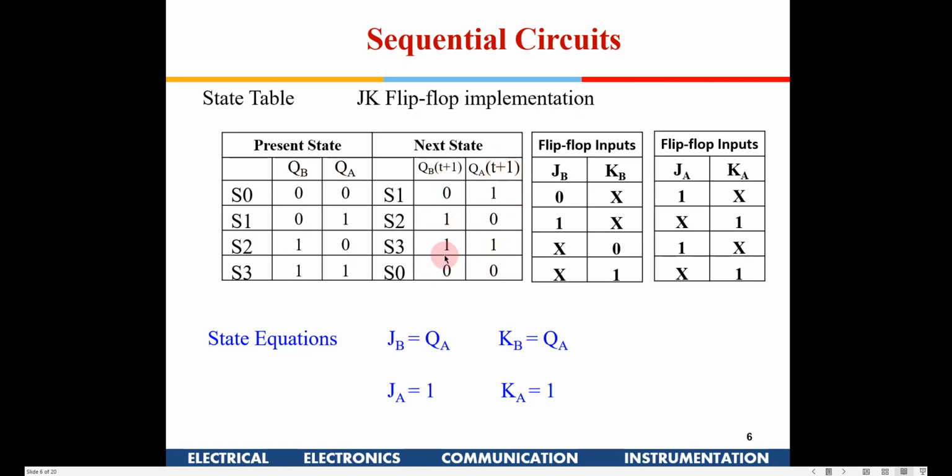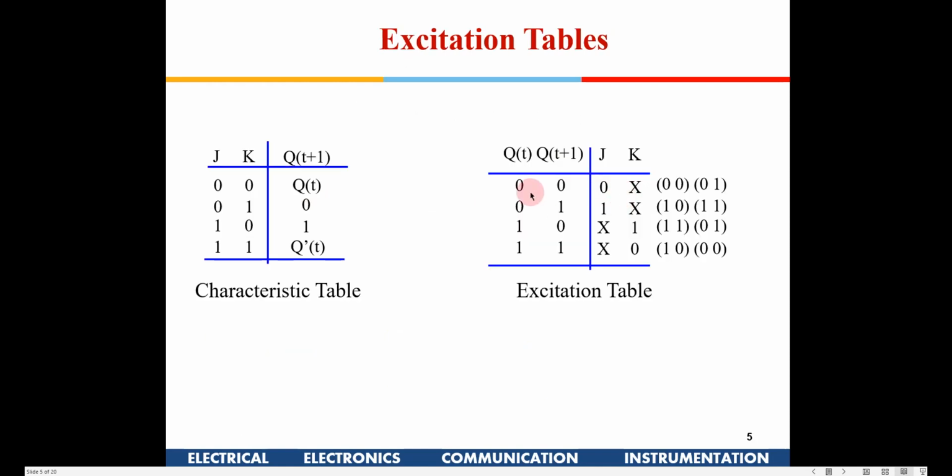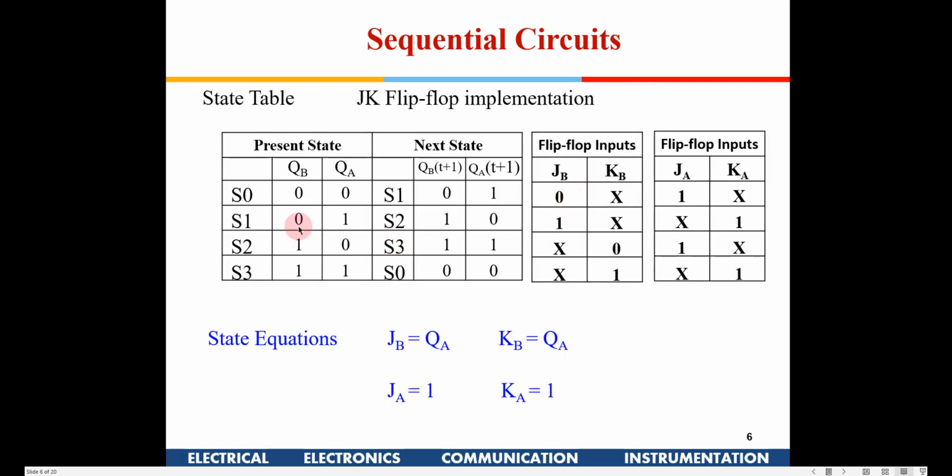This is the LSB and this is the MSB. These are the inputs of those two flip-flops, the JK inputs. From 0 it is making 0 here, so I write 0x, because 0 to 0 is 0x. I get it from the previous. Similarly, this is going from 0 to 1. So I make these